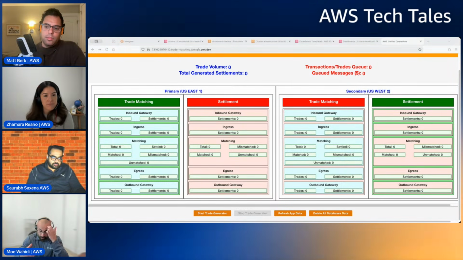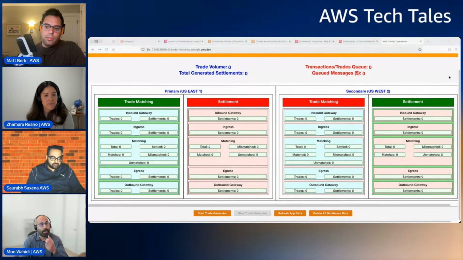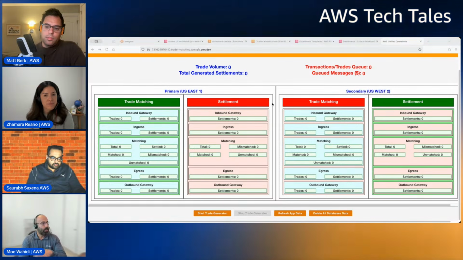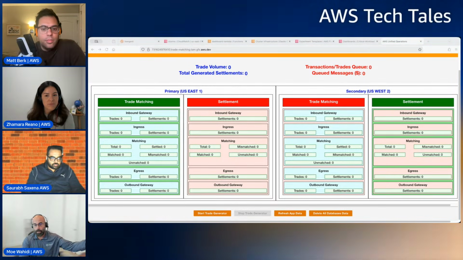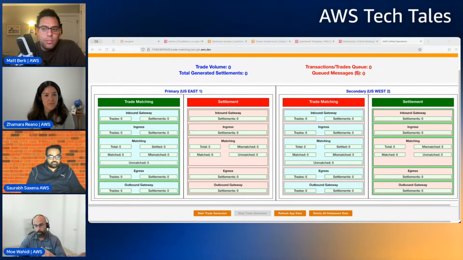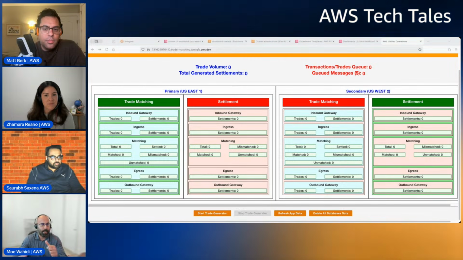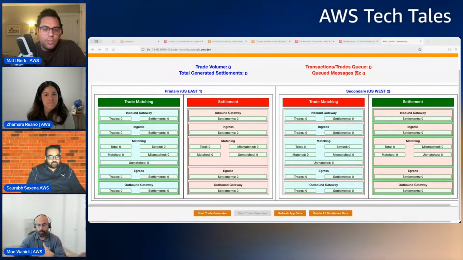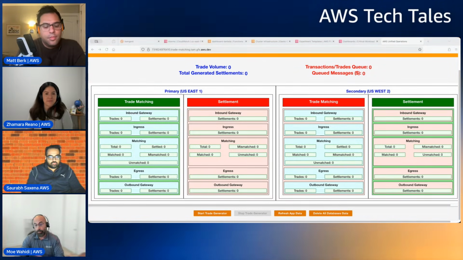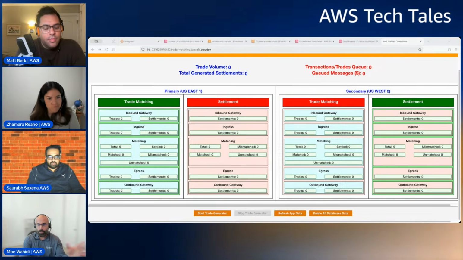Again, this is basically what we're going to do in a little bit. I'm going to actually show another flow here just for everyone to understand. So trades are coming in. We're going to in a bit generate trades. These equity trades are going to get processed by our Amazon ECS system, and there are different stages of processing. And when those trades settle, we commit them, we track all their statuses in our databases, and all of those get replicated to another region. So this is all good.